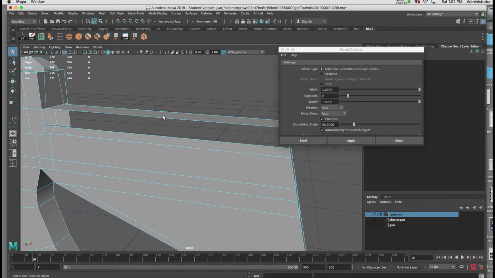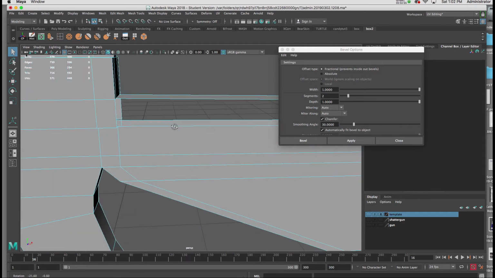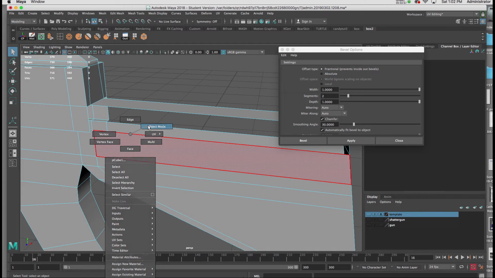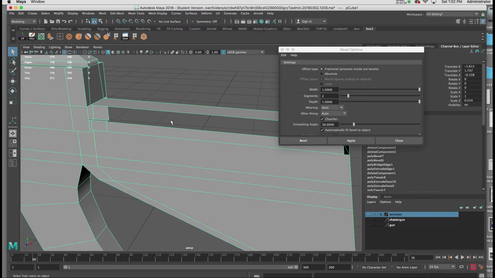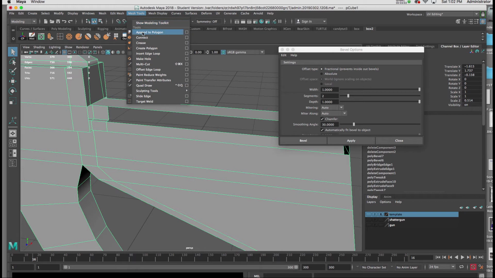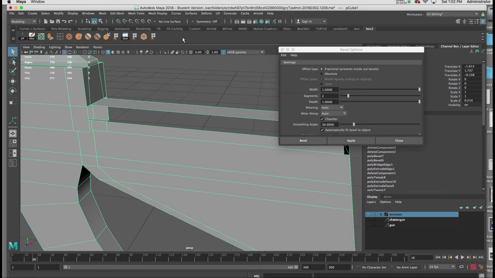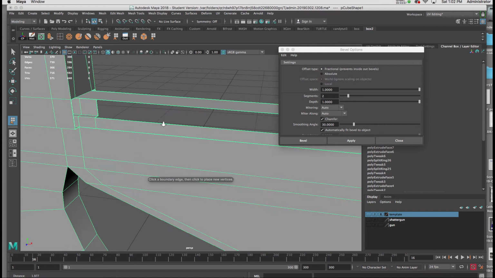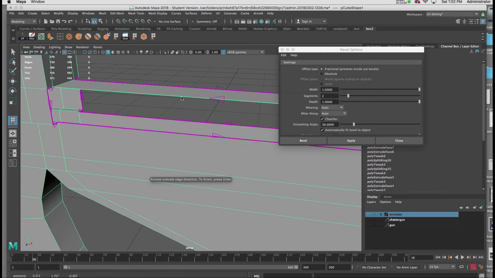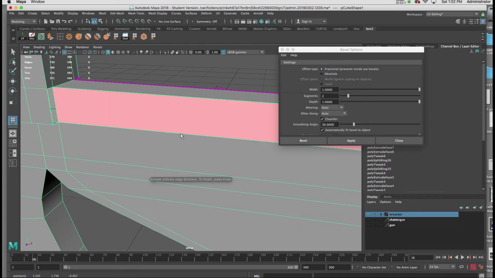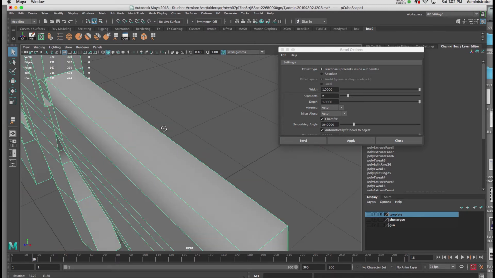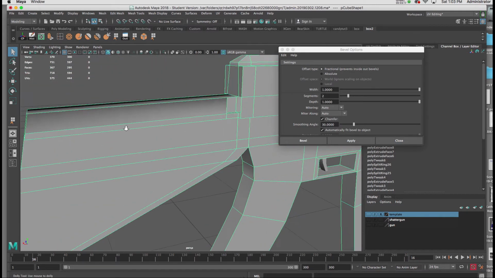I'm going to use the Append Polygon tool to patch this up. So I'll right click, go back to my object mode. I'm going to hold down the Command Shift. I'll go to Mesh Tools and I'll click on Append Polygon. And what this is going to allow me to do is close up those seams. So now I can click at the top here, click below, you'll see a pink face, hit return to set it. And I'll come around to the other side